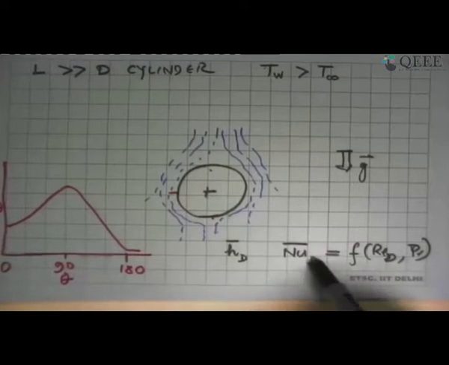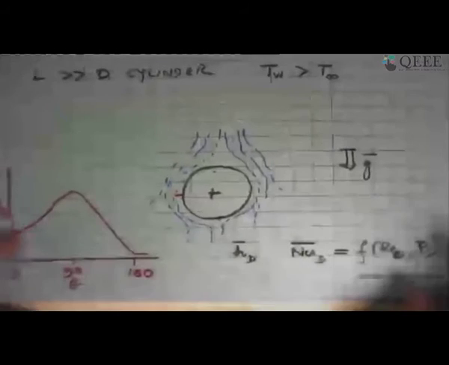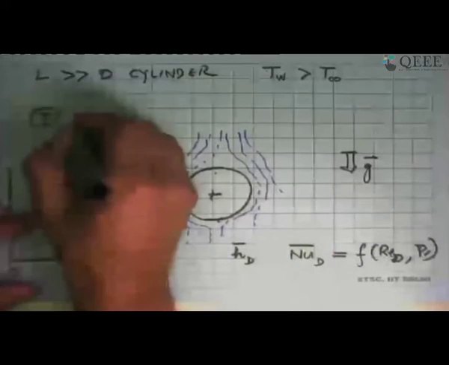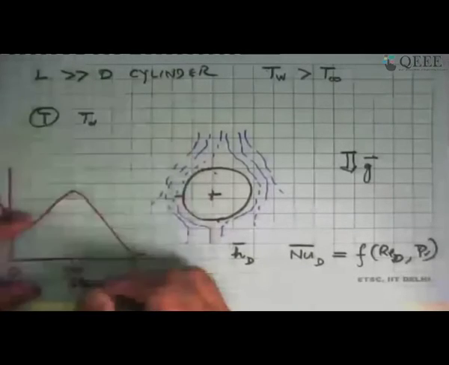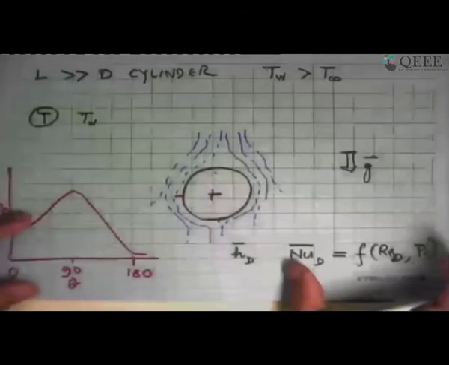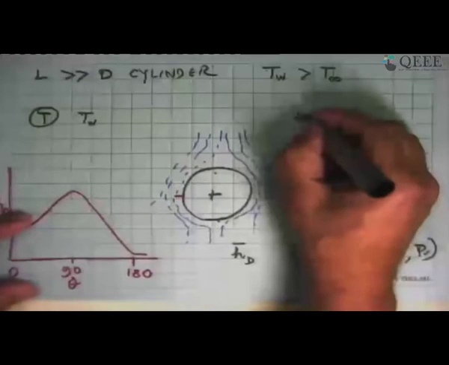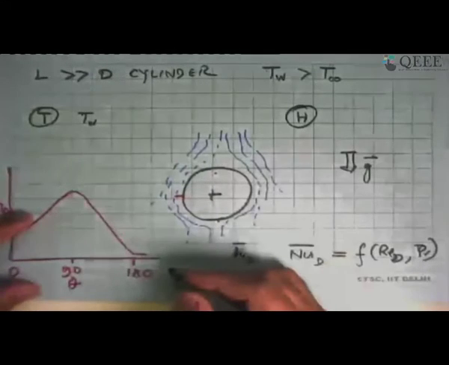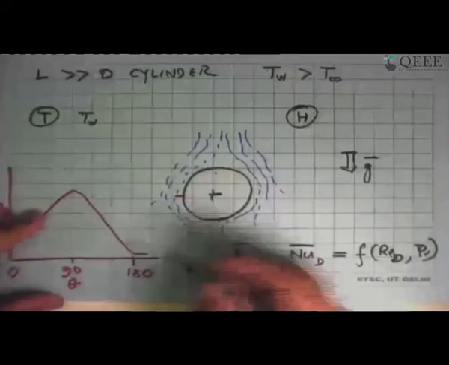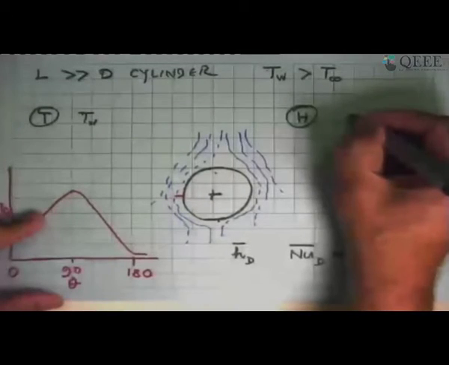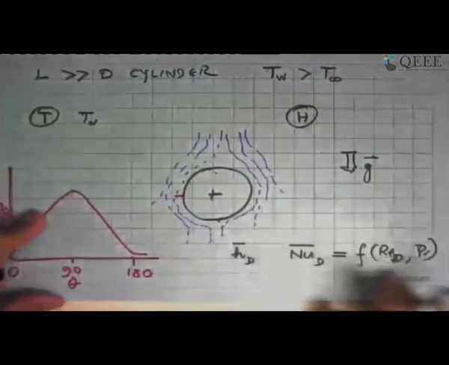So what we need is the diameter, the temperature of this, and the temperature far away from this. There's one case where TW is constant, which is the isothermal wall. For that, there's a set of correlations. A second case is when you have an electrically heated cylinder, which is what you have in the electric cable. Here you will get another type of correlation.